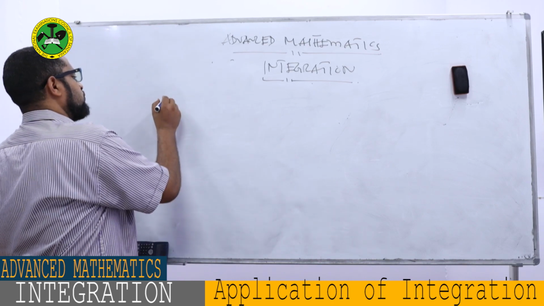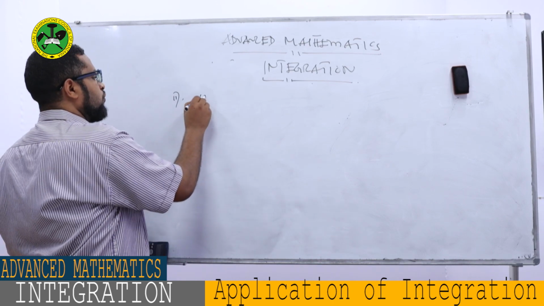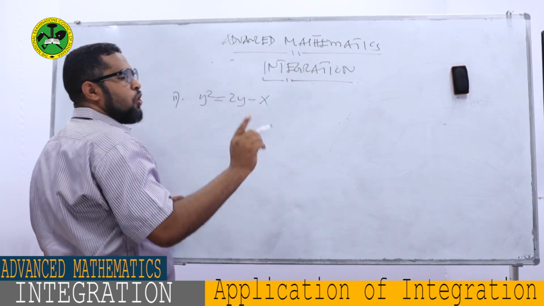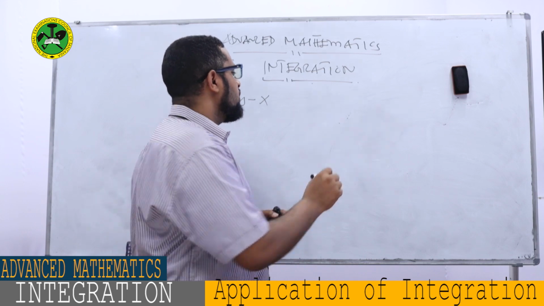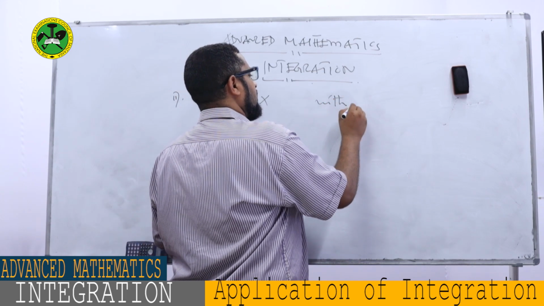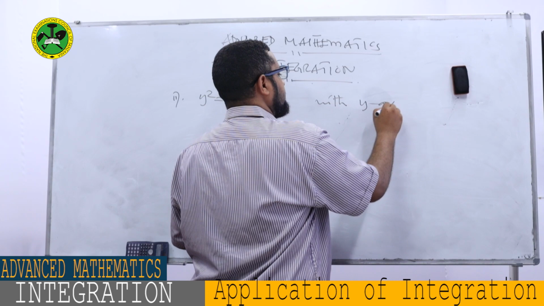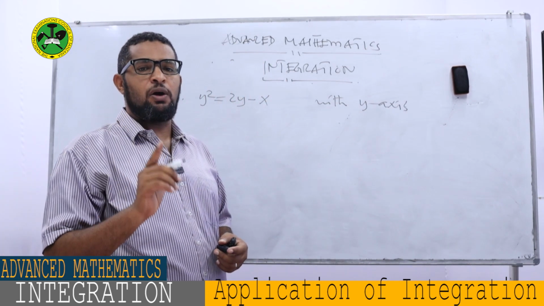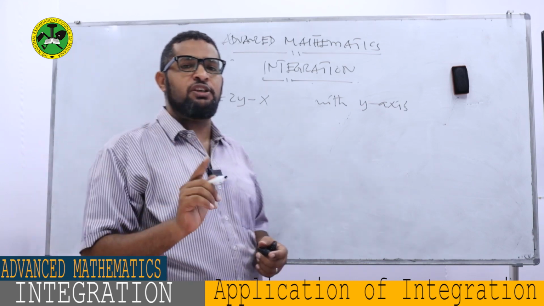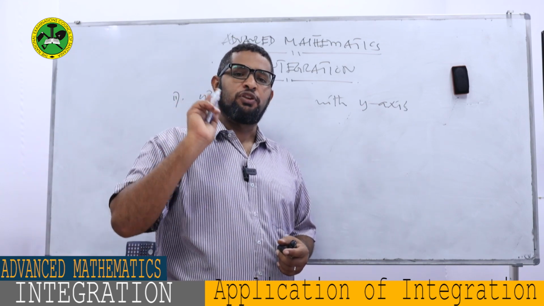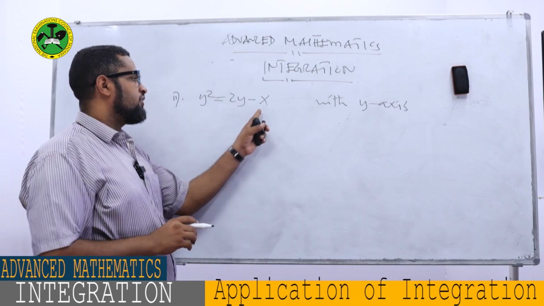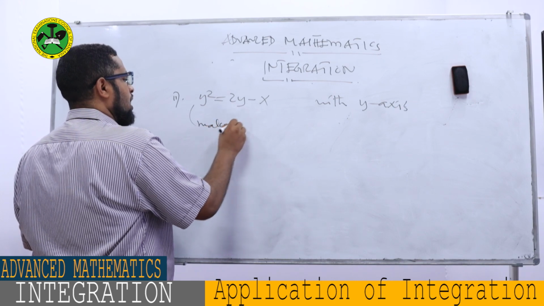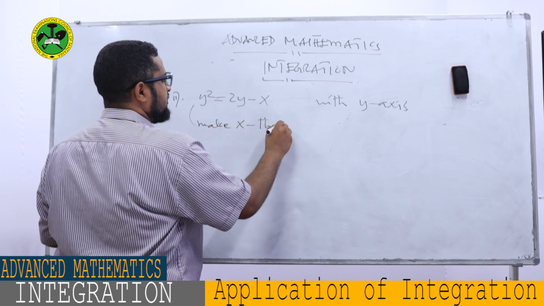So example number 2, Roman number 2, is y square equal to 2y minus x, with the y-axis. If you see the word with y-axis, it means this one is against the vertical axis. So step number 1 is to make sure that the function is written in terms of y. So the variable that will be depending is the variable x. So if you make x the subject,